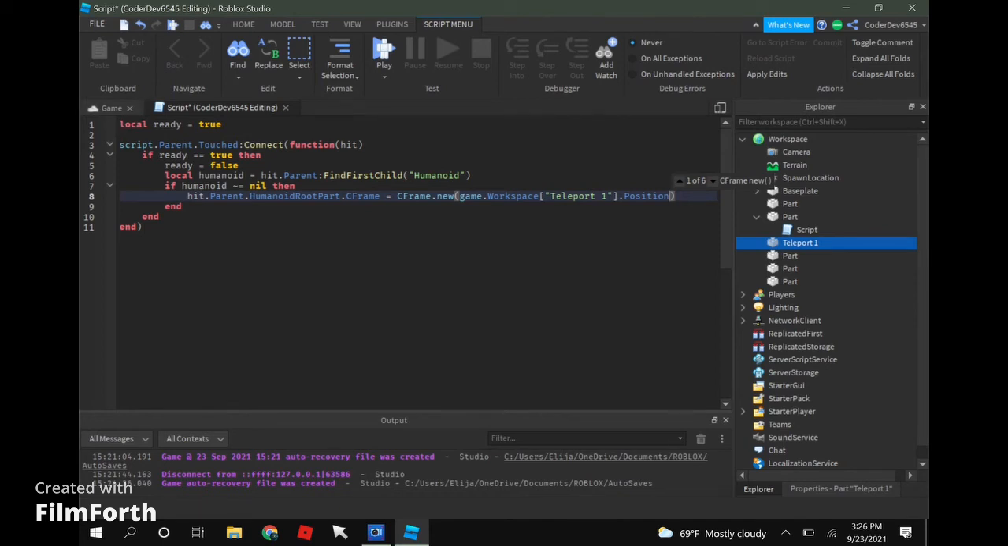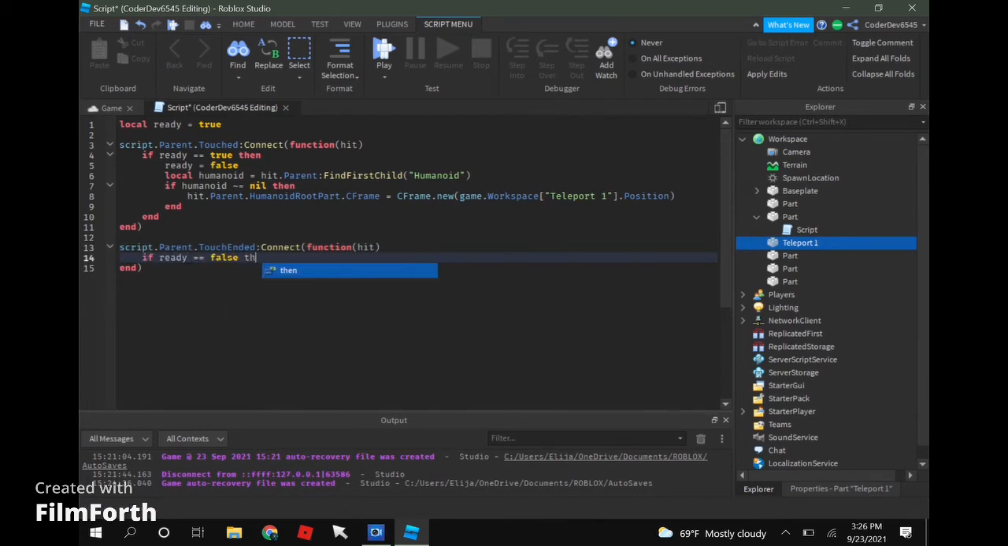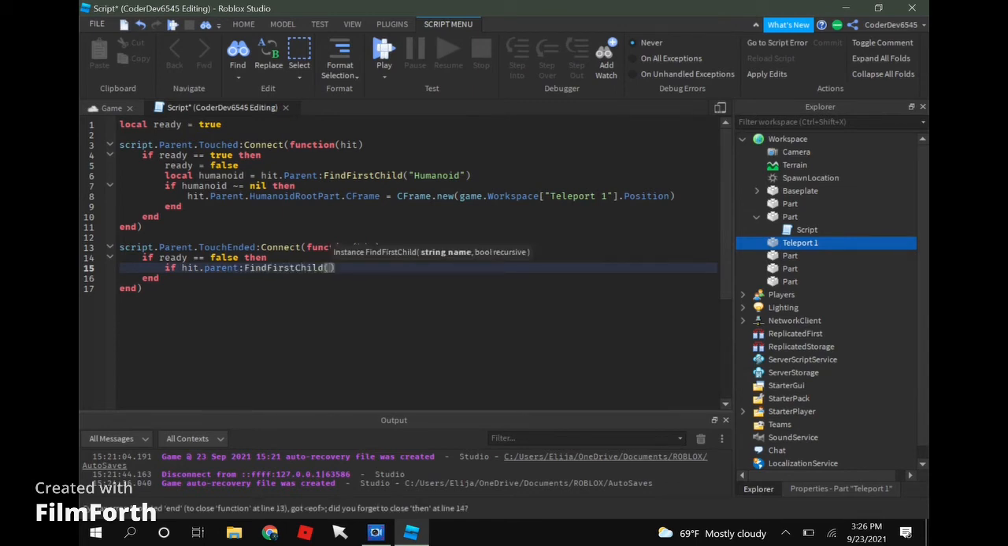And then next, we want to make something so that whenever we stop touching it, we can trigger this again. So type in script.Parent.TouchEnded:Connect(function(hit). Next type in if ready equals false, then if hit.Parent:FindFirstChild("Humanoid"), and then type in ready